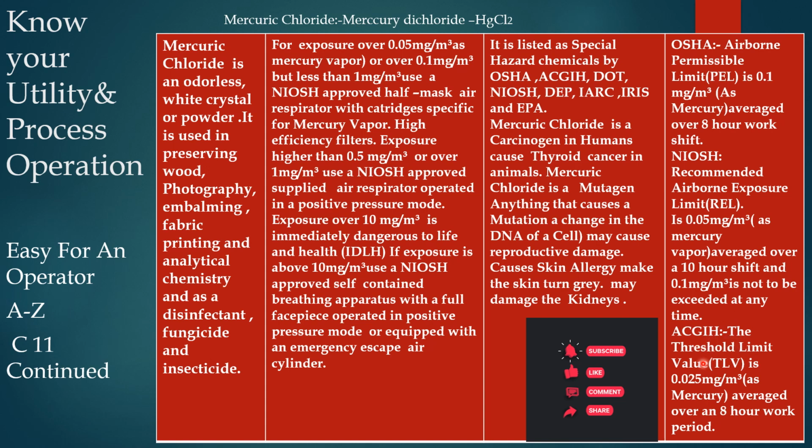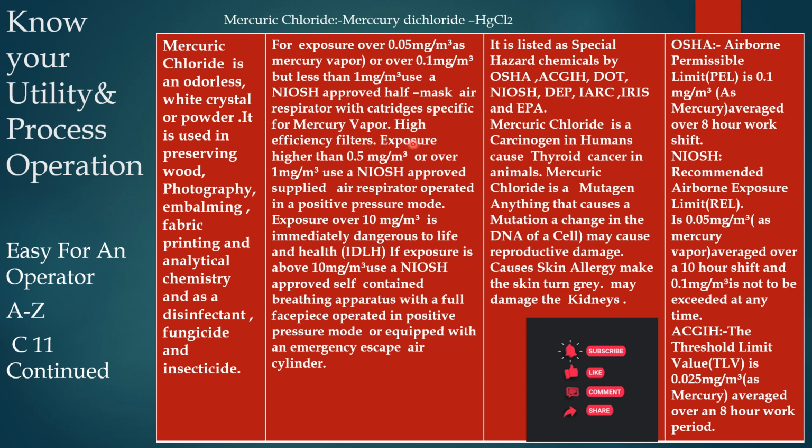As per ACGIH, the threshold limit value, TLV, is 0.025 milligram per meter cube as mercury, averaged over an 8-hour work period. Now we can see the required PPE or respirator while working in the mercury chloride atmosphere. For exposure over 0.05 milligram per meter cube as mercury vapor or over 0.1 milligram per meter cube but less than 1 milligram per meter cube, we have to use an air purifying half mask respirator with cartridges specific